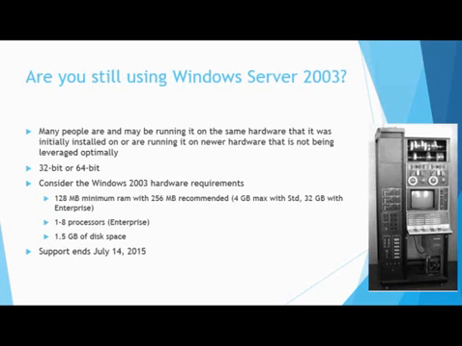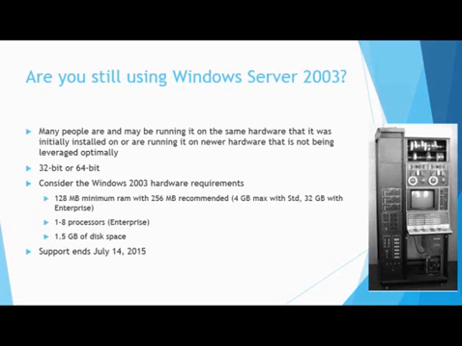And just think about what the requirements were, what the recommendations were in those Windows 2003 days. I needed 128 megabytes minimum RAM, and really 256 megs was the recommendation. The maximum was 4 gigabytes with standard edition. If I went up to the enterprise, I could maybe squeeze in 32 gigabytes. I could support up to 8 processors when I was running the enterprise edition, and it needed about 1.5 gigs